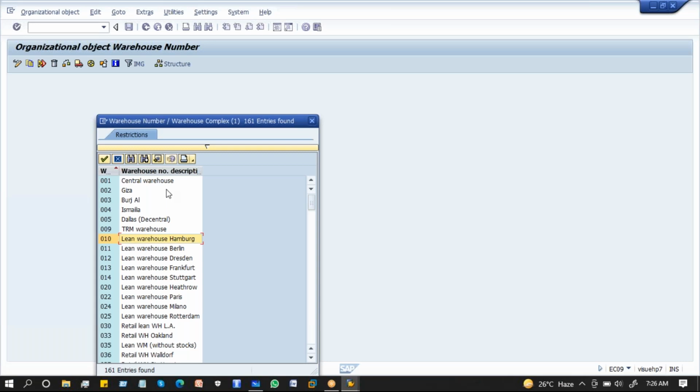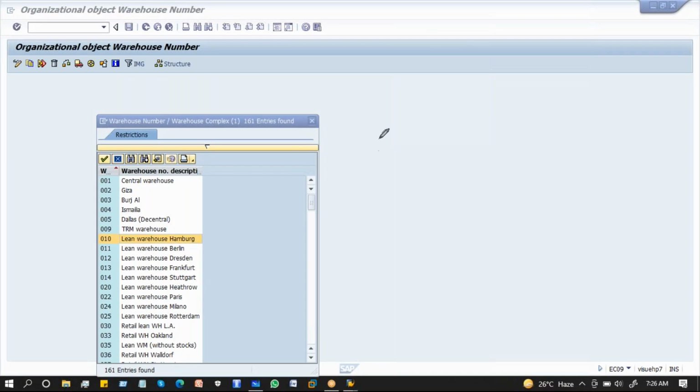In some servers, it will be 010. In some servers, you may also get 100. The motive is Lean Warehouse Hamburg. Lean Warehouse Hamburg is the global standard given by SAP, which has a complete backup in the